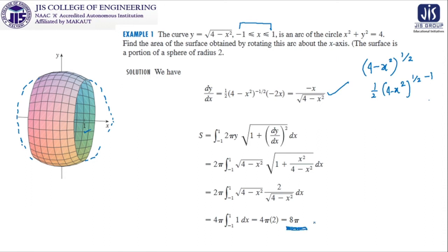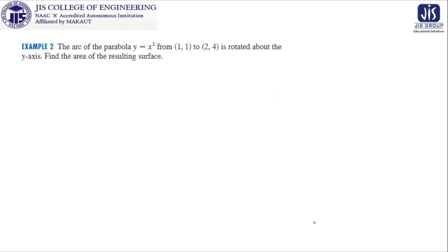Okay. Now proceeding further for the next example, our job is to find out the area when the parabola y equal to x square is rotating with respect to the y axis. Now the formula is reversed. In the previous case, we have done it for the x axis, and for this case, we are now trying to do it for the y axis. So y equal to x square, and our limiting points are also given from (1,1) to (2,4). So this is the structure.